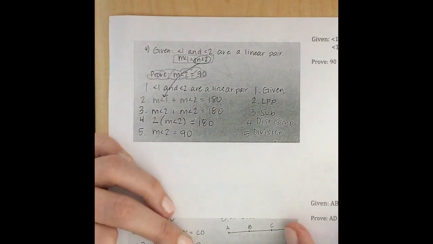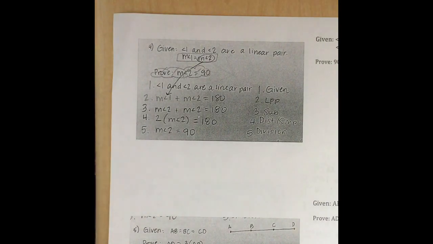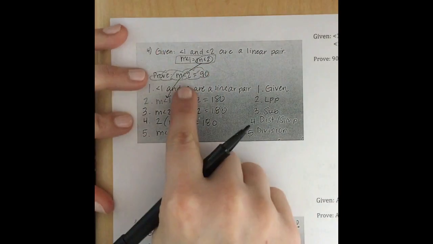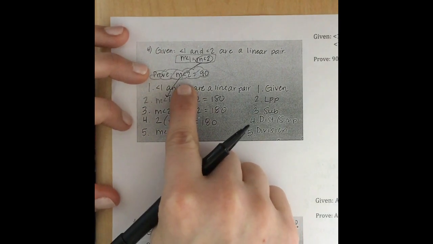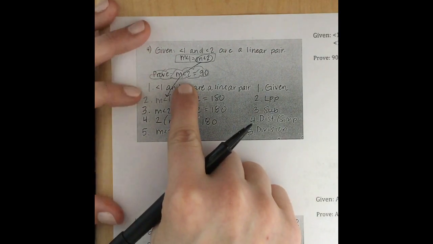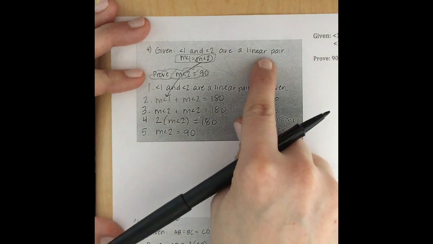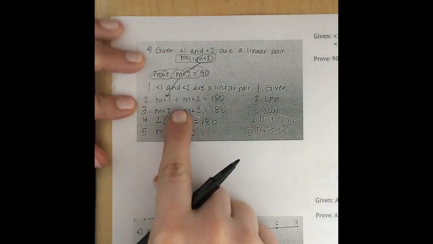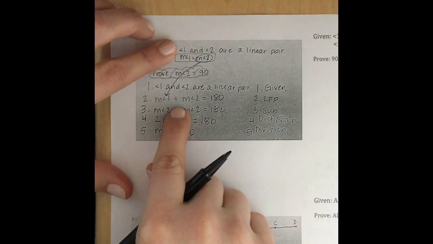All right, moving on, we have two more. The next one, number 4, says angles 1 and 2 are a linear pair. The measure of angle 1 equals the measure of angle 2, and we want to prove that the measure of angle 2 equals 90. So this is one of those ones where we know we're gonna end up dividing 180 in half because if it's split into two angles and they're both equal, we want to divide by 2 and get 90. We haven't done these in a few days, but what we can do is use LPP to say